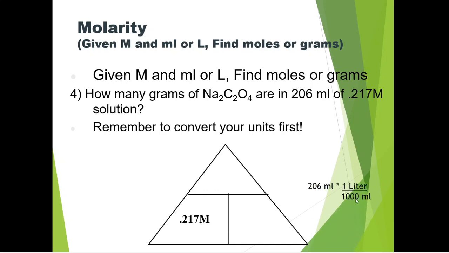Then I converted my milliliters to liters, which gives me 0.206 liters. Because they're next to each other, we're going to multiply. Remember, when it was top and bottom, you divide, but when they're next to each other, you multiply. That's why this triangle is nice, to figure out how many moles. So we multiply to get